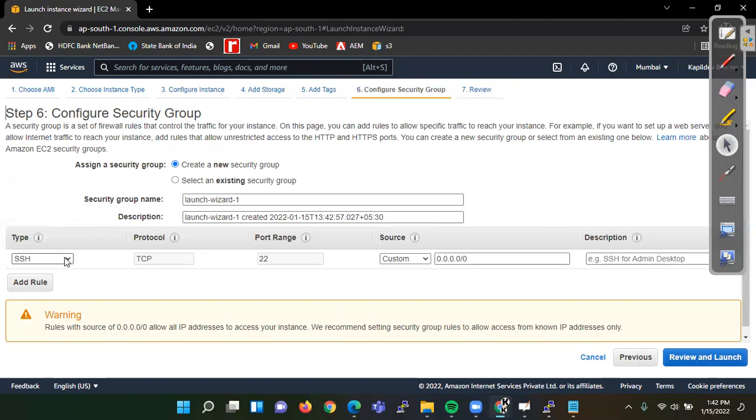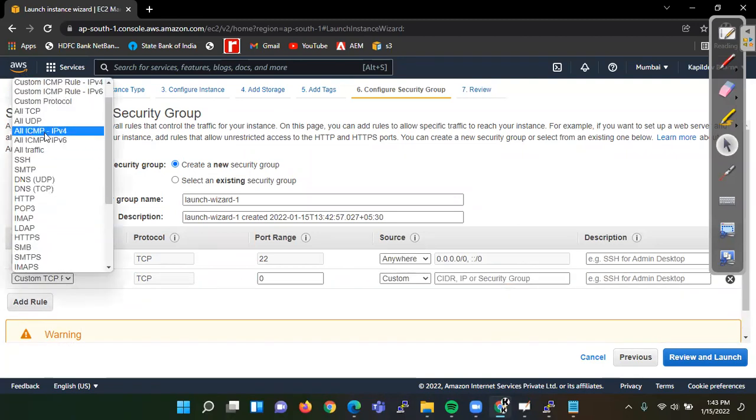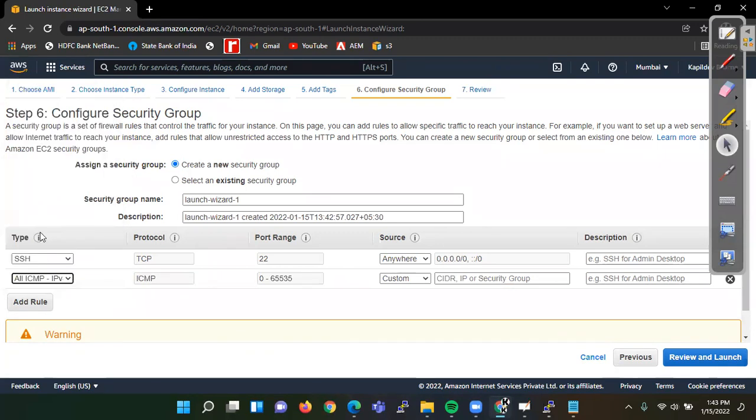Now here we have SSH, ICMP, right, anywhere. Okay, add rule. So we want to do login, so we use this. Is it okay now? Because previously also I have selected as it is.